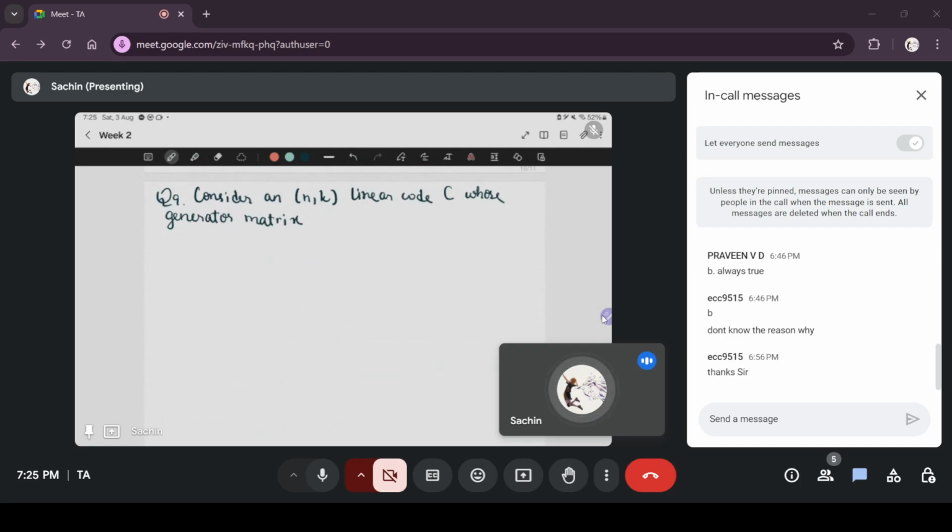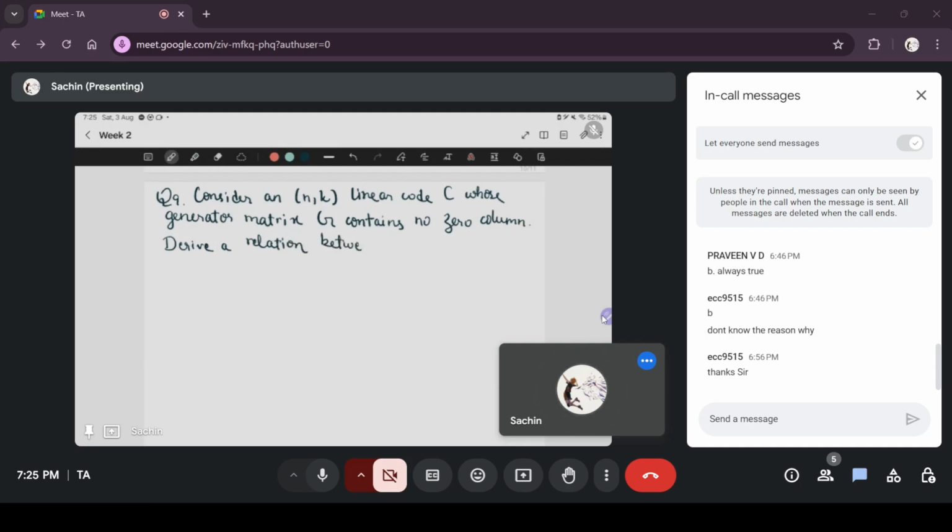By the code we mean the set of code words. So derive a relation